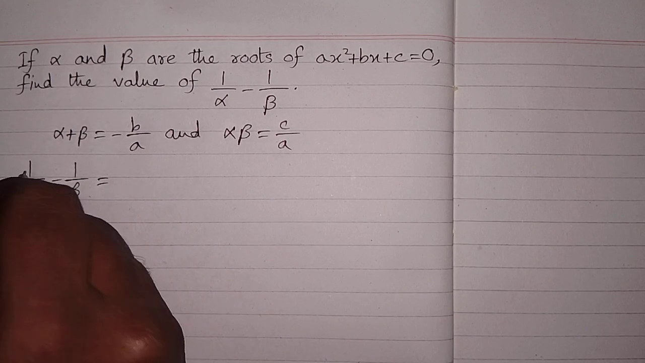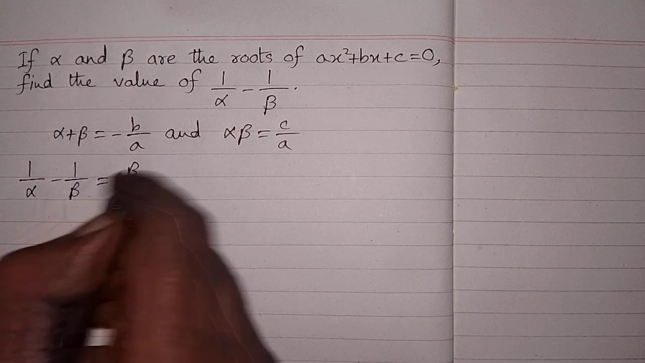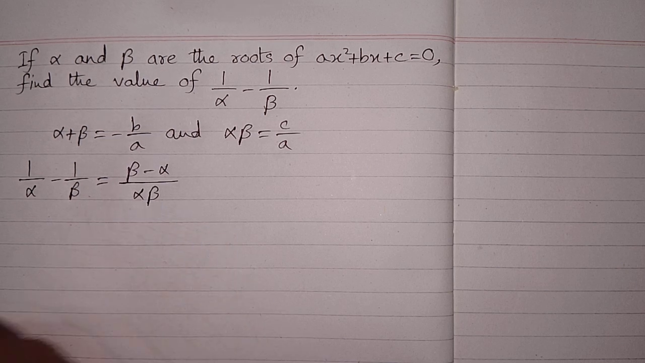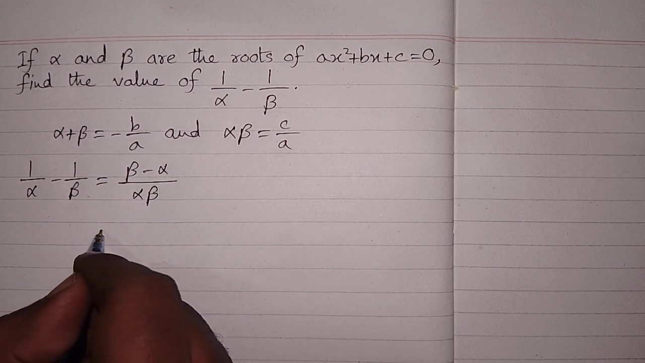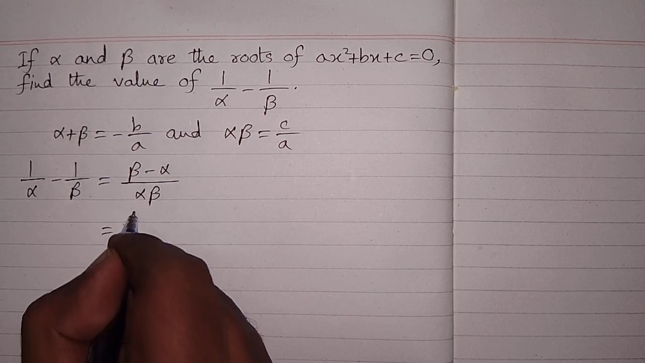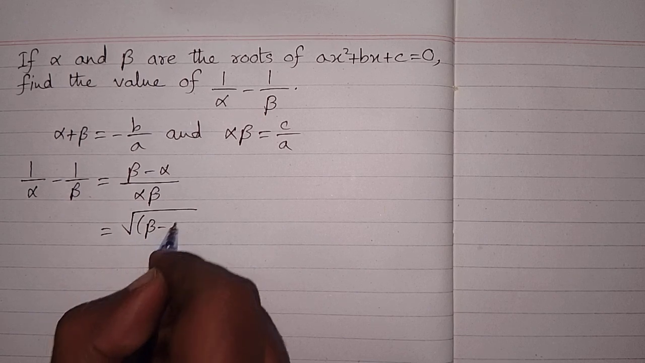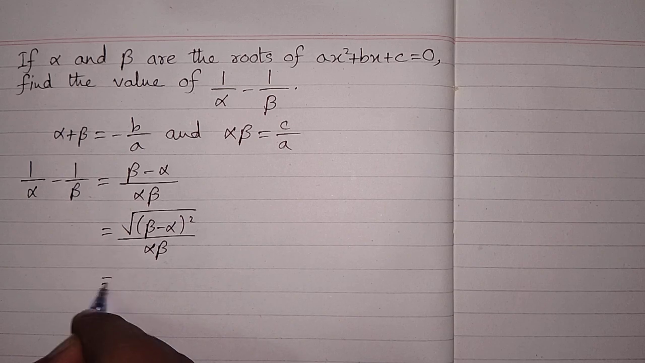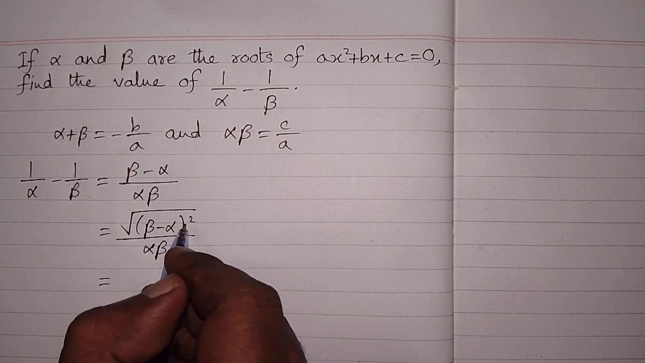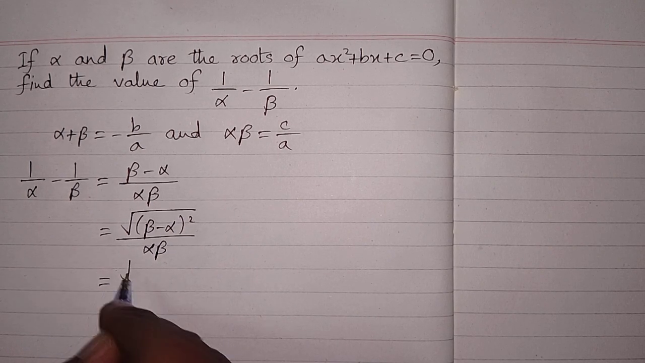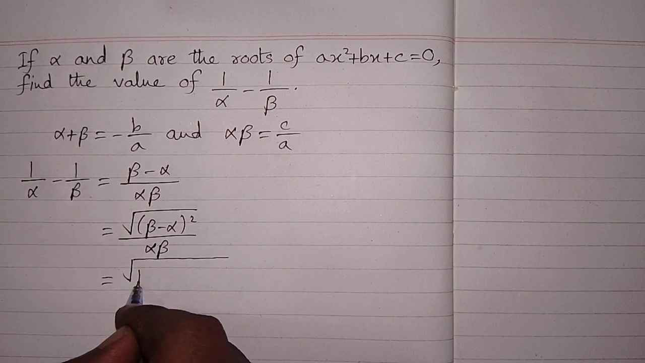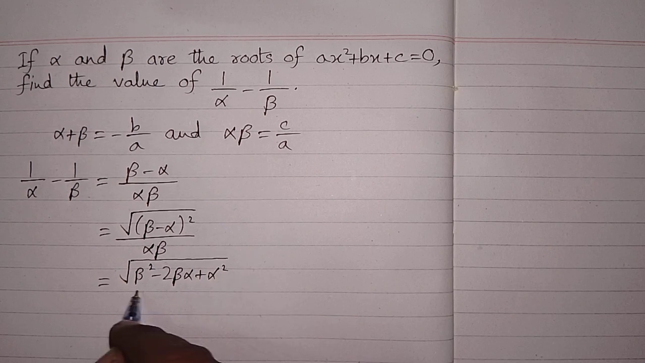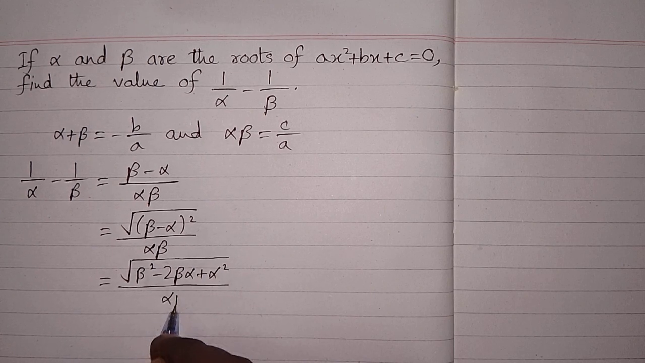So we have beta multiplied by 1 is beta, and alpha multiplied by 1 is alpha, upon alpha beta. Now this can be written as square root of beta minus alpha whole square upon alpha beta, and then we can apply the formula of whole square. So we have square root of beta square minus 2 beta alpha plus alpha square upon alpha beta,